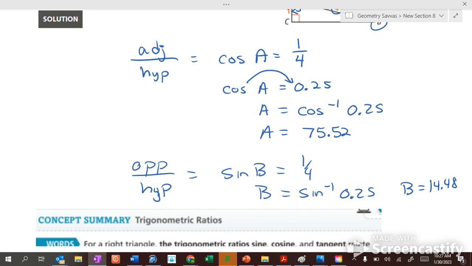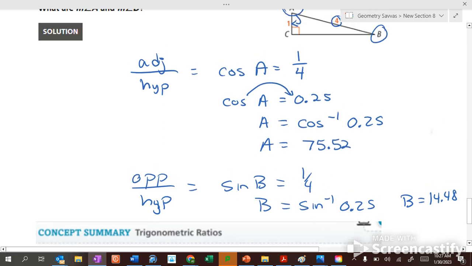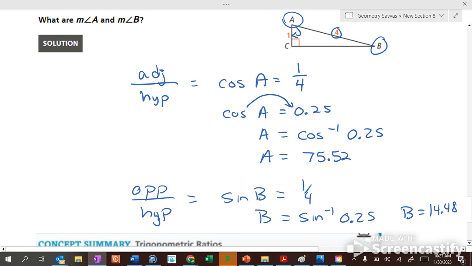Yep. What do these two numbers add up to? What do 14.48 and 75.52 add up to? 90. Because if this is a 90-degree angle, these two better add up to be 90 degrees because a triangle is 180. So once you figure out one angle, what can you do to figure out the other angle? Subtract it from 90. Okay? You wouldn't have to do the cosine and sine of each